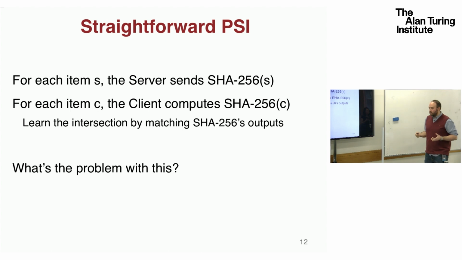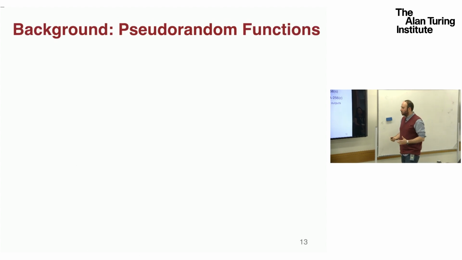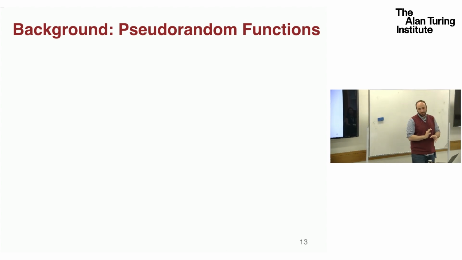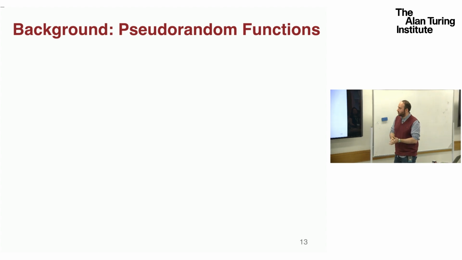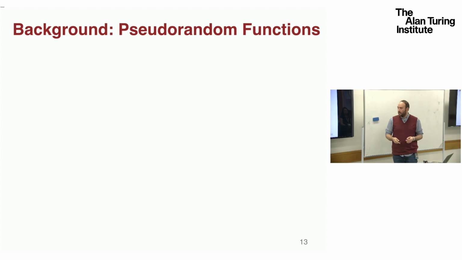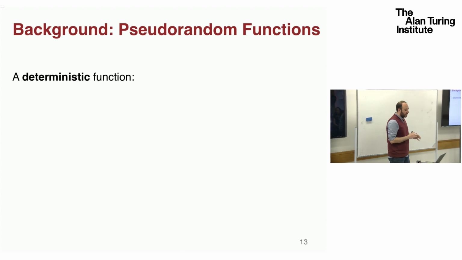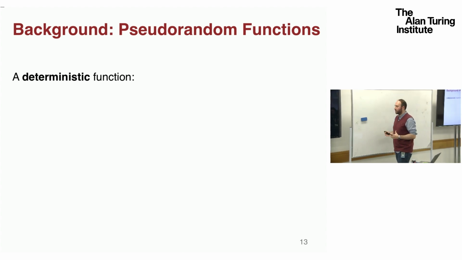Okay, so how can we now have better solutions than this? One possibility is to use garbled circuits. In the last couple of years, there's been a lot of work in optimizing garbled circuits for private set intersection-like protocols. But since this is a tutorial on privacy-enhancing technologies for information sharing, let's actually go over some of these constructions that my colleagues and I have been working on. In order to do that, I need to introduce another construct,